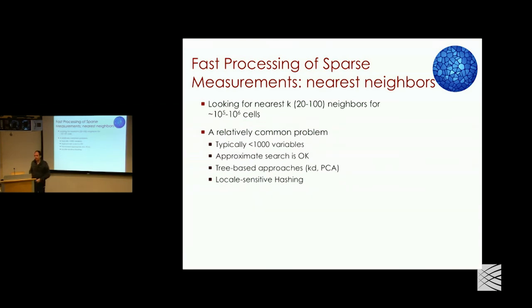So the other thing, like I mentioned, we go into the graph space, but to go into graph space, we need to basically find, let's say, a k-nearest neighbor graph, and so we need to find the nearest neighbors, right? If you have a million cells, then there are a lot of possibilities to check. We cannot calculate the n by n matrix of distances. So again, this is a very popular problem. There are many methods there, but I just wanted to emphasize the one we've ended up using because it was an order of magnitude faster than the next best thing, and we were trying fairly advanced things like locality-sensitive hashing